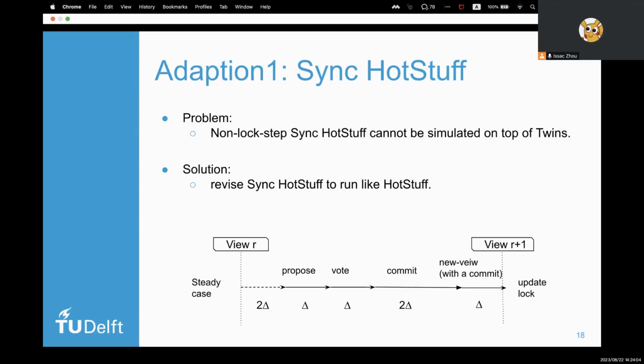We also revise some implementations to adapt liveness checking techniques.